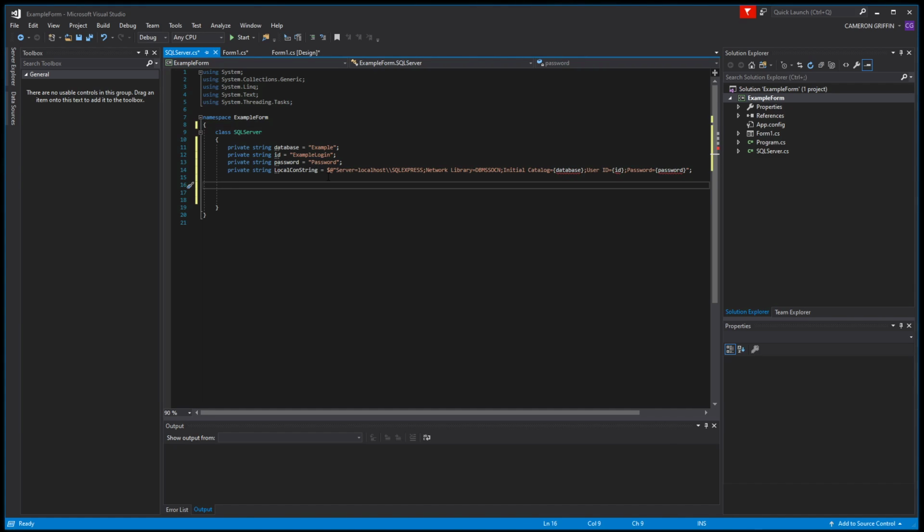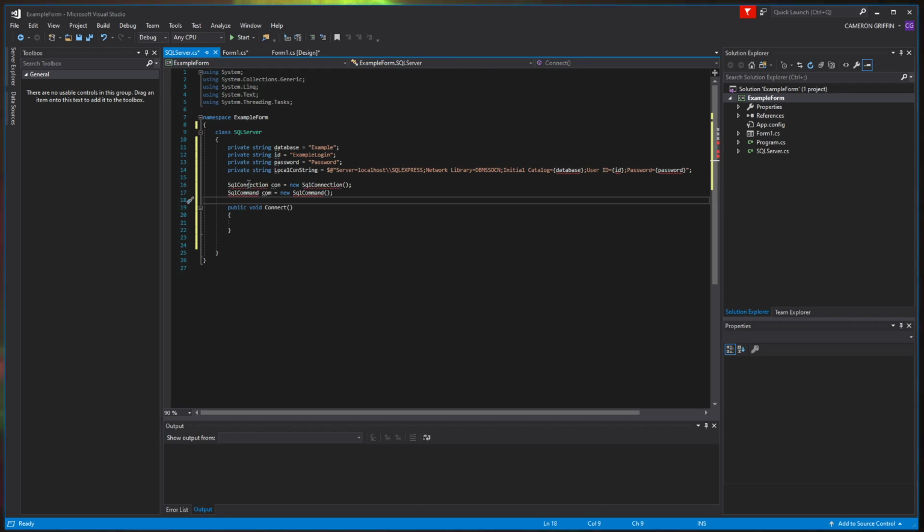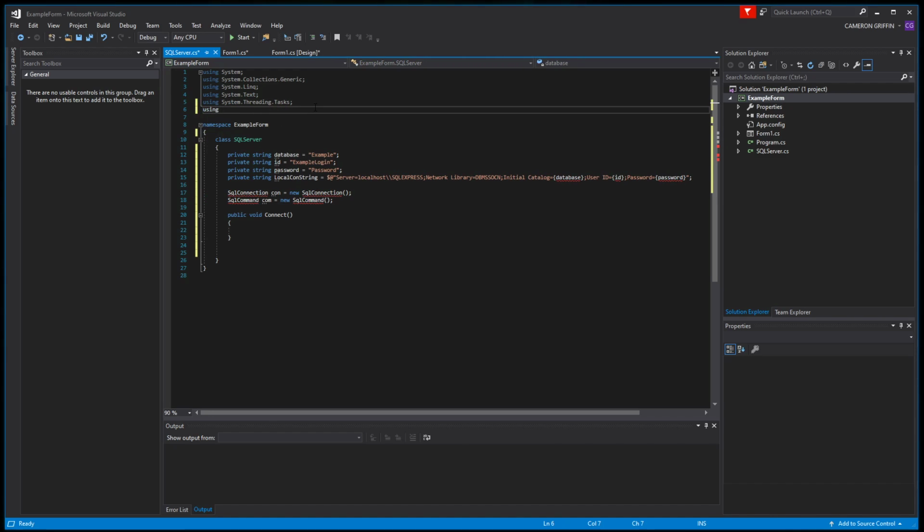Okay. Now let's make a public void, sorry, and just have an established connection, or connect. Makes it a bit easier. And from here, you're going to want to possibly, on the outside, I would say, of the actual method, make a SQL connection. So first you're going to need to use the using, and you're going to do